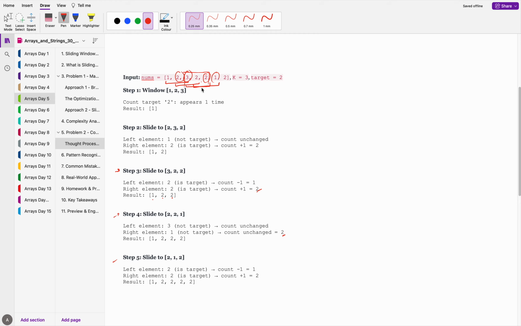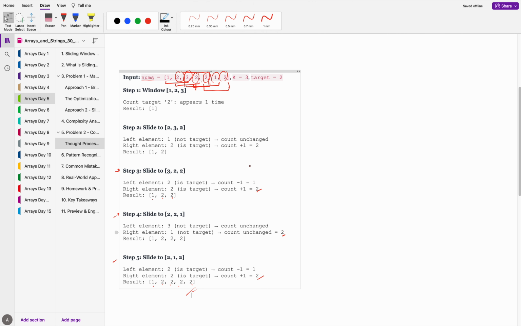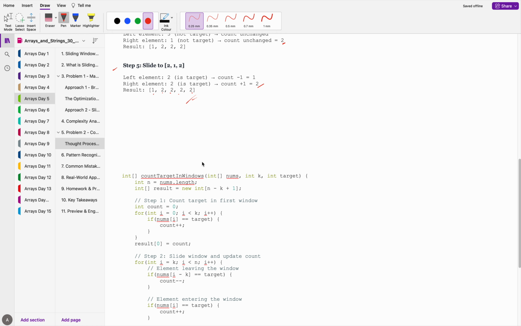Now in the fifth one, where does the fifth one go from and to? We had done up to here, this was done, then from here to here. Okay, 2 1 2, item leaving is 2 and item getting added is also 2, so again count is not getting changed, effectively 2 is there, so 1 2 2 2 2. Okay, that's what the output is going to be. Okay, so let's see here,